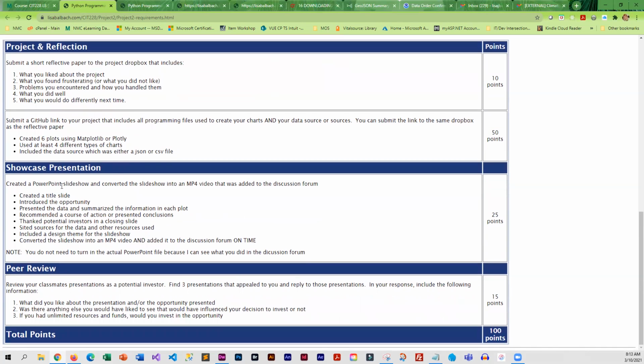Then for the showcase, these are all the requirements that I just talked about. And you do need to post that MP4 video to the discussion forum on time. It needs to be on time. There are points for doing it on time. So the total number of points here are 25. I do not need your actual PowerPoint file because you are going to be posting the MP4 video, which allows me to see every single slide. So there is really no need for you guys to post the file